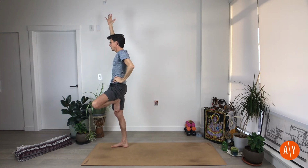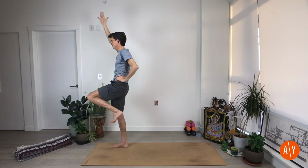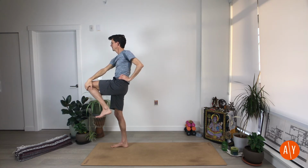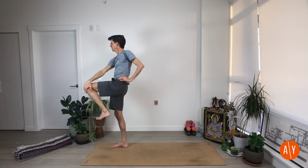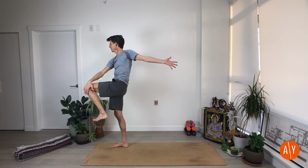Take your left foot off your right leg. Turn the sole of your foot to face behind you, left knee to face forward. Take your right hand, hold outside your left knee. Push your hand in your knee, push back with your knee, and then stretch your left arm back behind you. You can stay here,